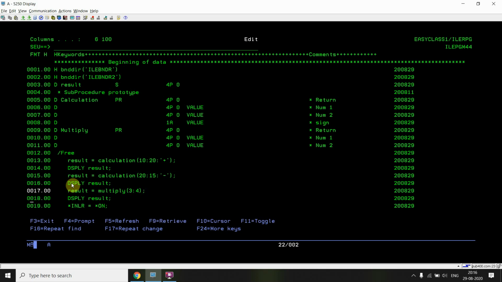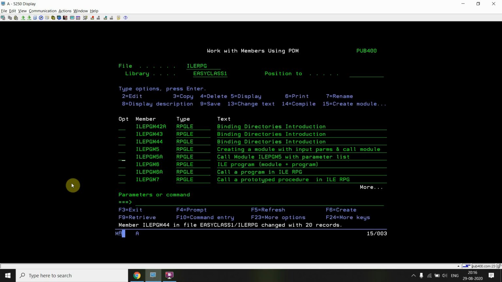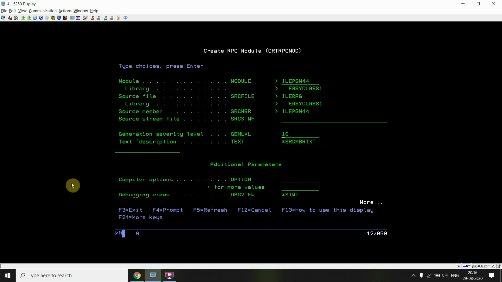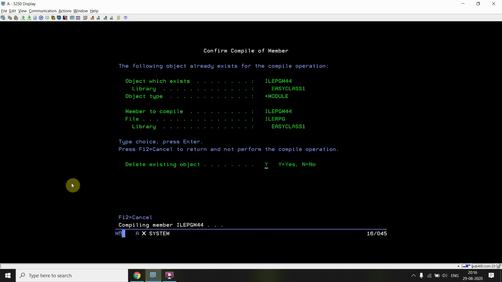Okay, so I'm passing these two numbers, getting the multiply of these two numbers, then I'll be displaying the result. This multiply procedure, I defined the prototype here, so this will be bound using this binding directory ILE BNDR2. I'm not binding using any module. Just compile this module again.